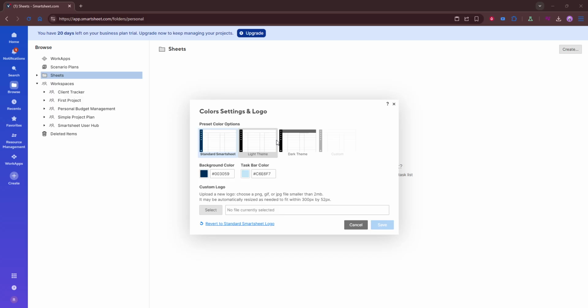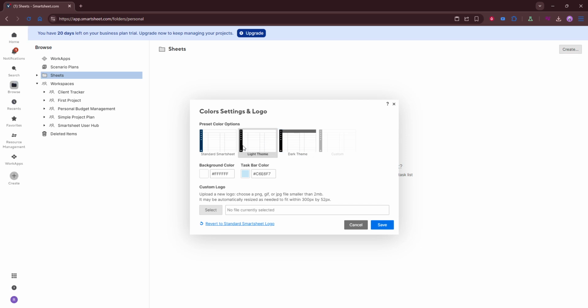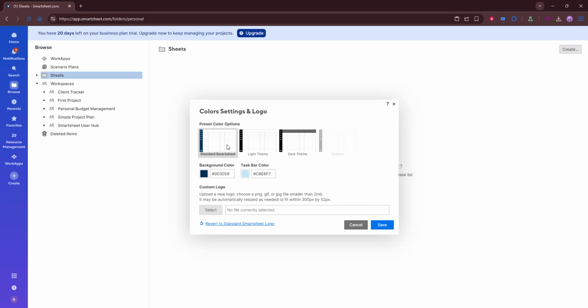Once you find that section, check whether dark mode is available for your version of Smartsheet. This is important because not every account or release may have the same customization settings. If the dark mode option appears, go ahead and turn it on. As soon as you enable it, the interface may change right away or it may need a moment to apply